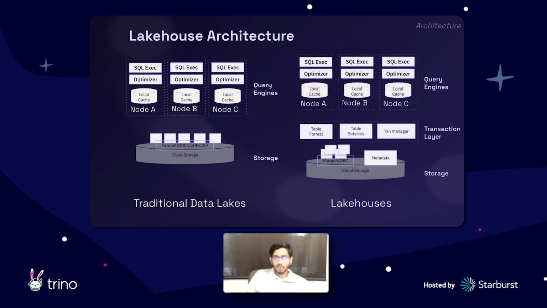With lakehouses, what we've primarily done is introduce a layer in between, which has three components. One is a table format, meaning it essentially says what the schema is and tracks some metadata about the table. Famously, Hive Metastore, for example, only tracks metadata at the partition level. You need something to track metadata at the column and the file level, that sort of granular metadata you can track.